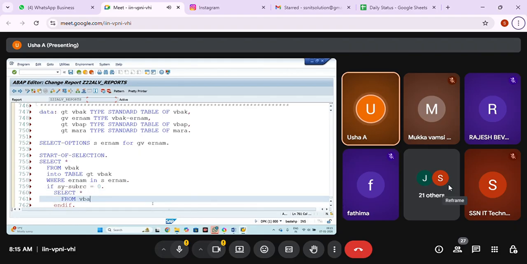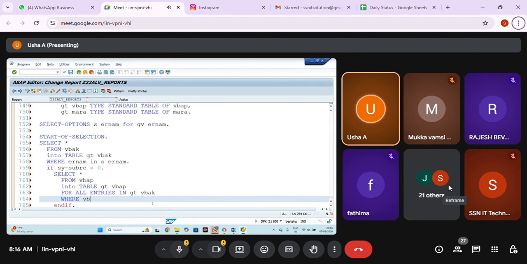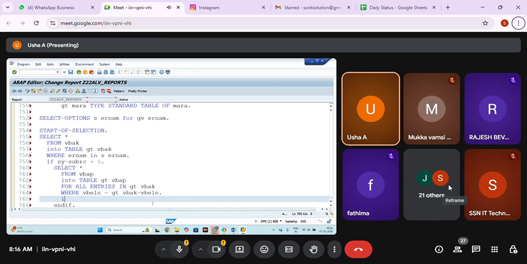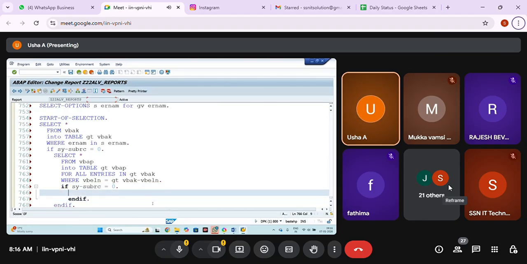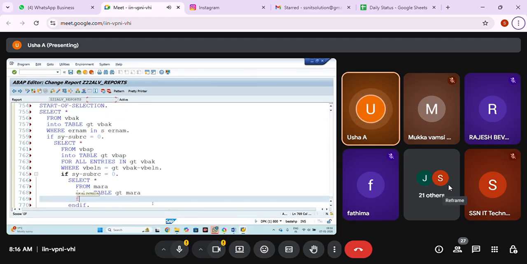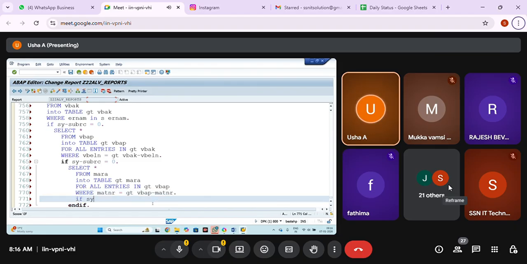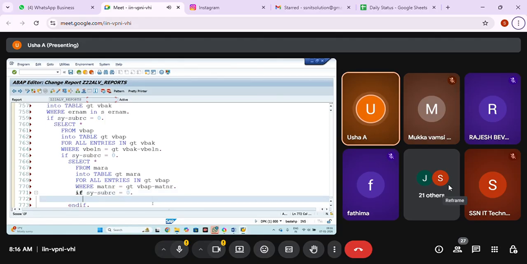Select star from VBAP into table ZT_VBAP for all entries in ZT where VBELN equal to ZT-VBELN. If sy-subrc equal to 0, then select star from MARA into table ZT_MARA for all entries in ZT_VBAP where MATNR equal to ZT_VBAP-MATNR. If sy-subrc equal to 0.